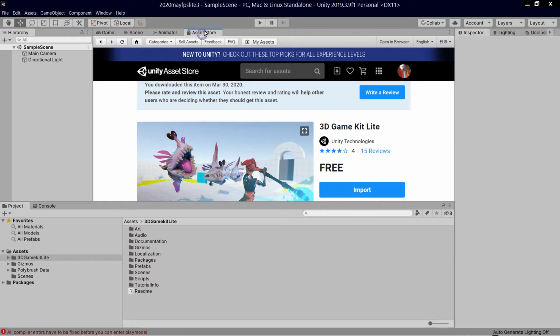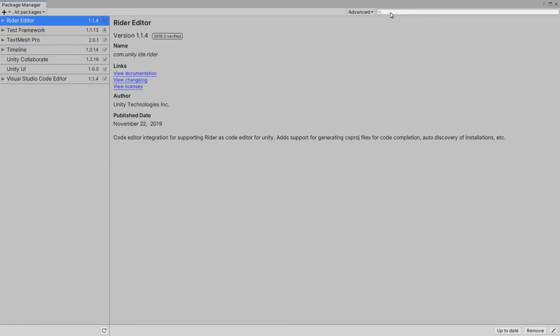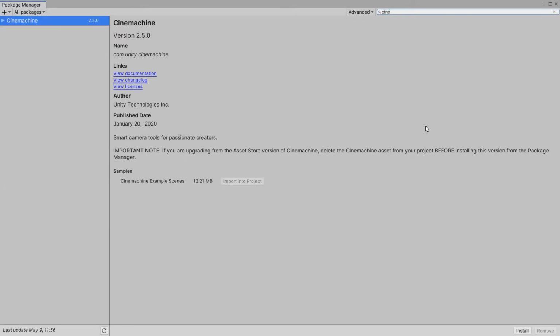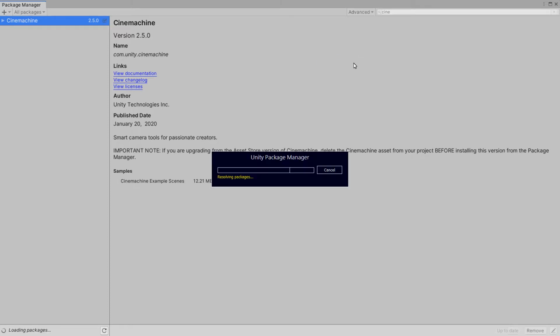So when you import 3D Game Kit Lite, you need to open up the package manager and search for Cinemachine and post-process. Cinemachine, install that or update it if you've installed it with the packages. And then I don't know if it needs post-processing. It tends to,